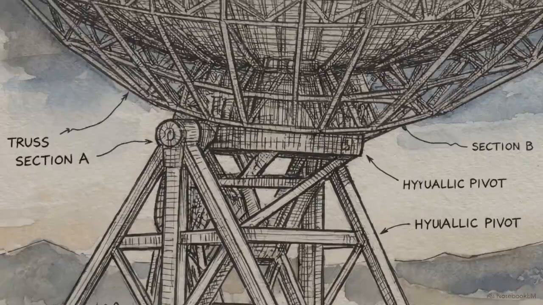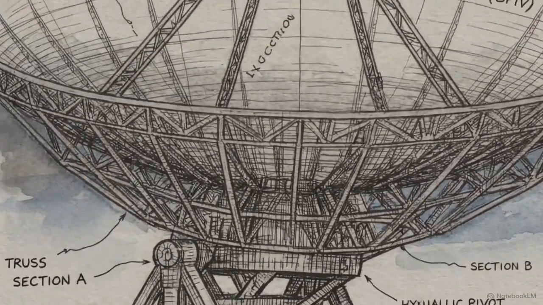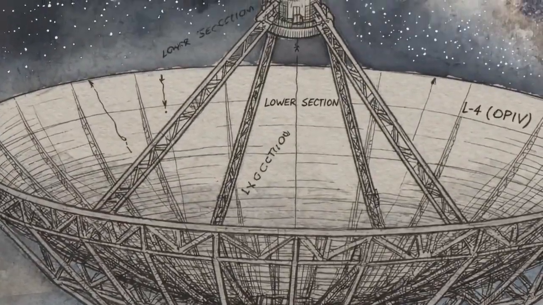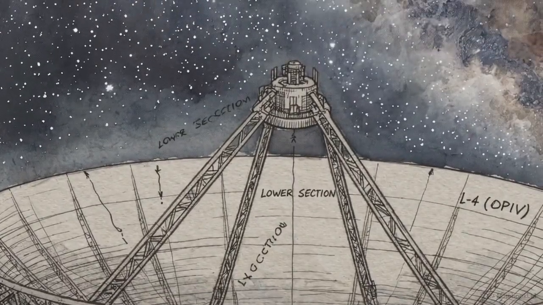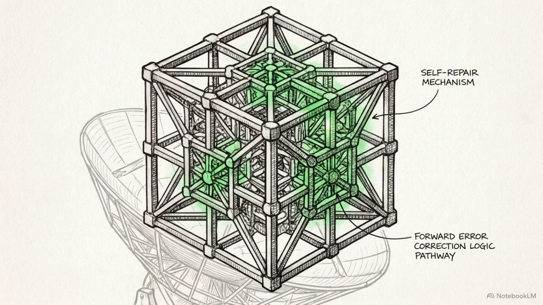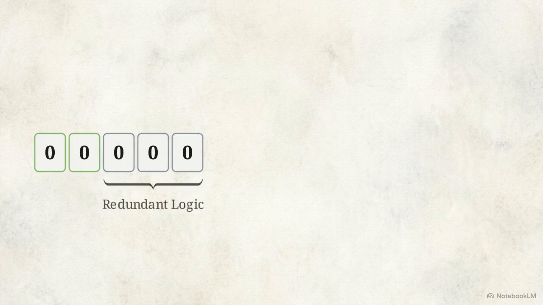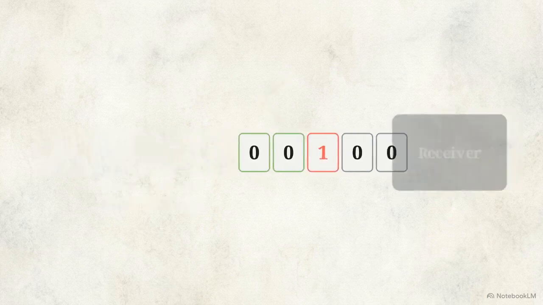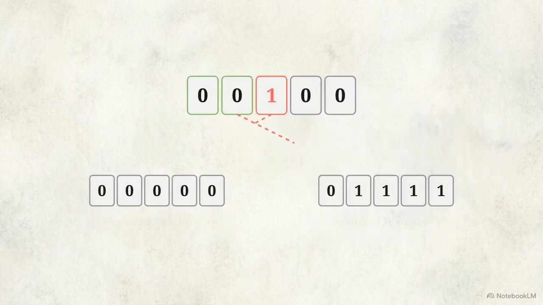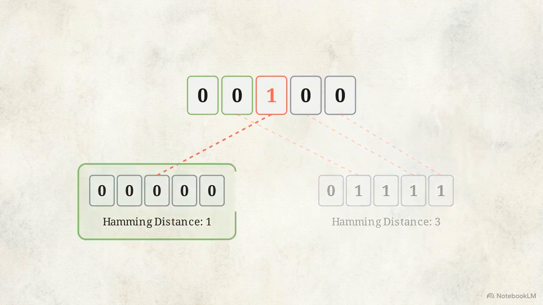Requesting a resend works for local traffic, but fails in environments where a response takes hours, such as transmitting telemetry from satellites across deep space. These scenarios use forward error correction. This protocol allows the receiver to deduce what the missing information was and repair it instantly without asking for a resend. An encoder processes the original data and maps it into a larger, complex code word, packed with redundant logic. If interference corrupts the code word in transit, the receiver calculates the mathematically closest valid version, the Hamming distance, and snaps the data back into its correct form.